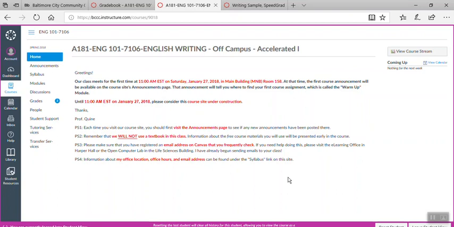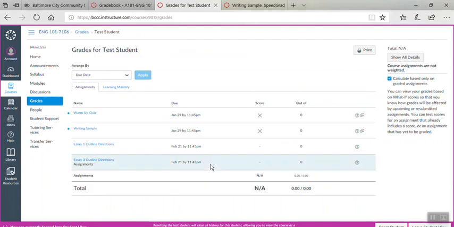Well, anyway, I log on and I see over here next to grades that there's a number 2. Well, that means that the instructor has sent feedback about 2 assignments to me. So I'm going to click on grades. And so I arrive on this page, and you can see here